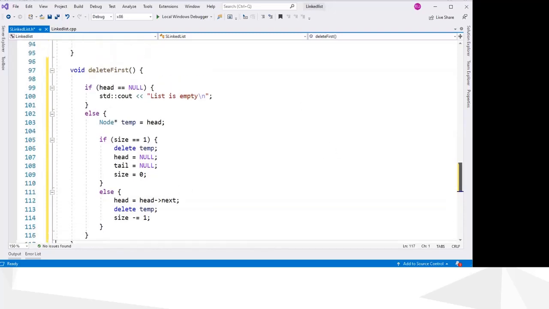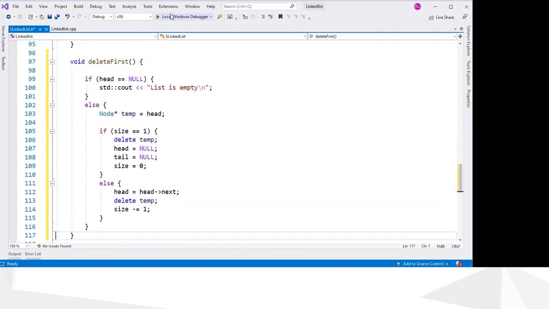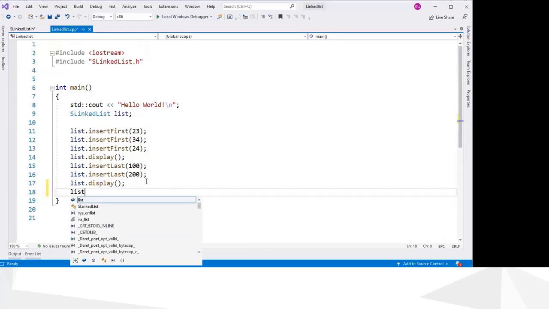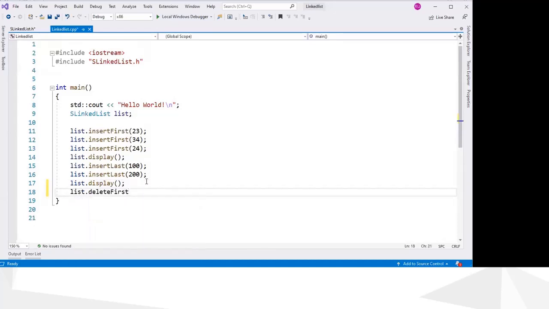Okay, so now we will test this, and we will go here and we will delete first. The first node is, you can see insert first, insert first, insert first, so 24 is the first node here.